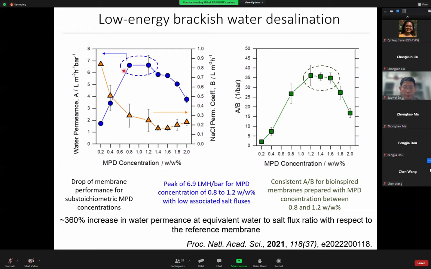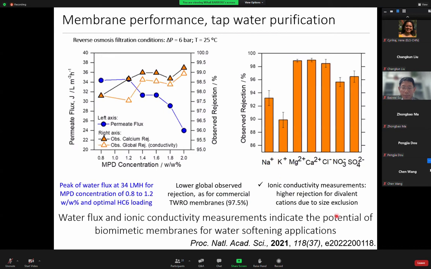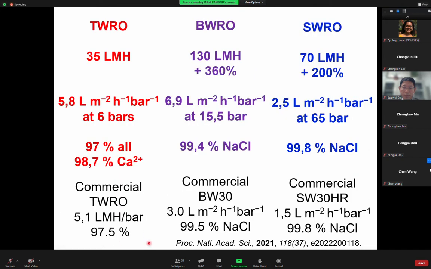This is highly important because in brackish water conditions these membranes could also be considered highly important, and the rejection is also highly important. Not to enter into details for the moment, in all the conditions we have also used the membranes for tap water purification, giving almost 30 LMH flux and very nice rejection, at very low pressure, 6 bar right now, with almost the same performance as commercial ones.